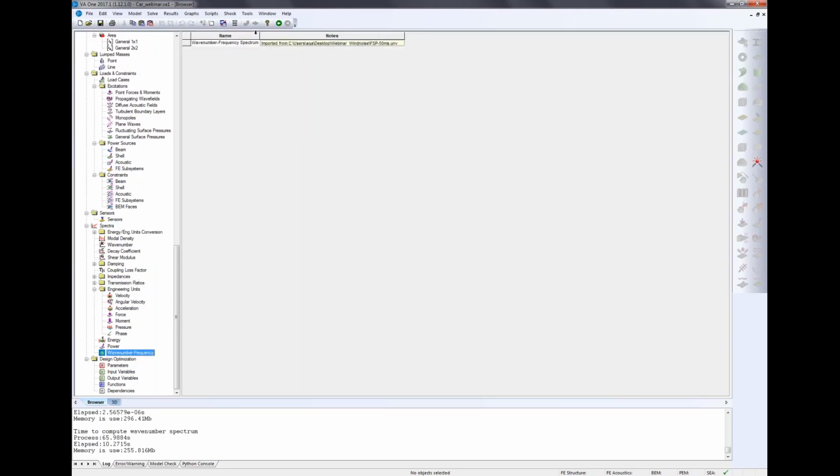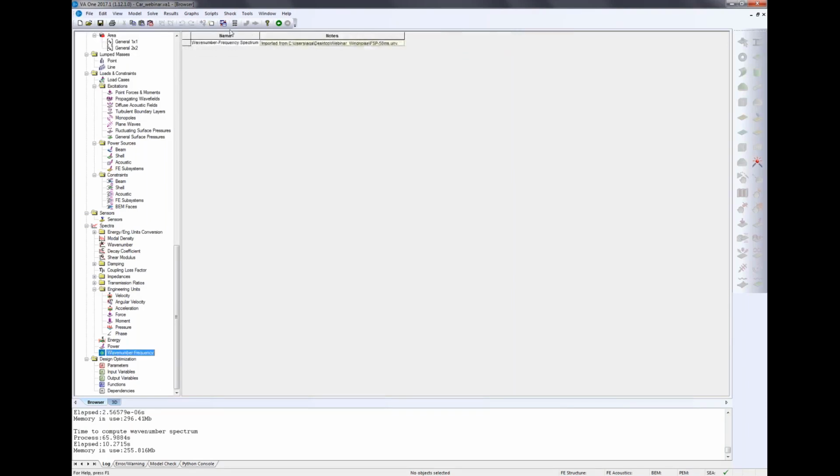You can see here on the right, in tabular form, the wave number frequency spectrum that has been created by importation and post-processing of this file, and also a pressure spectrum that has been created, corresponding to the scaling factor to be applied to the wave number frequency spectrum.